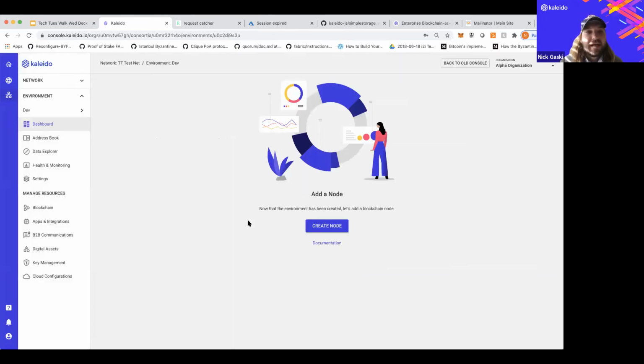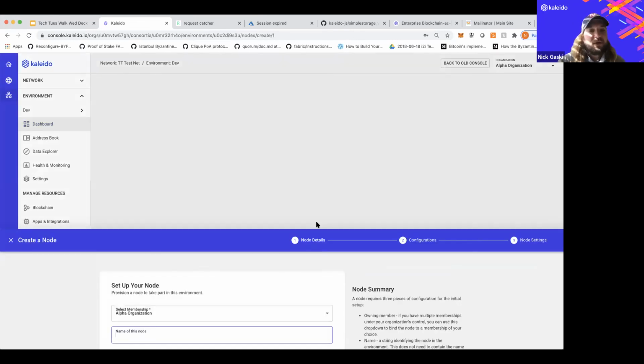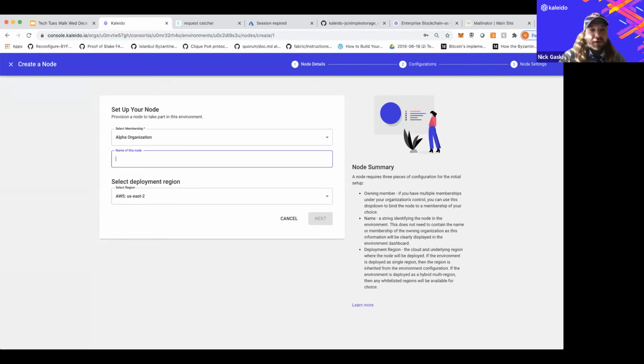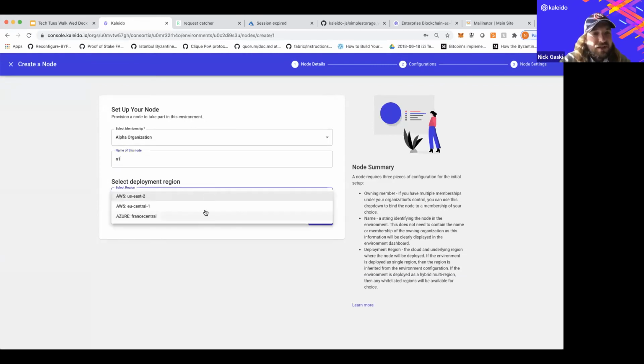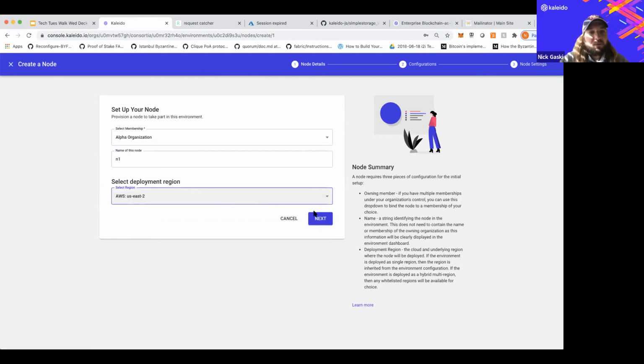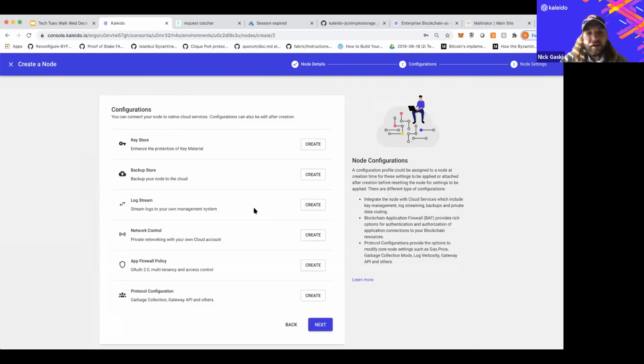Okay, so here's my namespace for my environment. Again, everything I'm doing has a REST API behind it. And now we can just go ahead and bring it to life. We can create some nodes. So I have a couple memberships. I'll create this one called node 1. We see I can put it wherever I want, any of those whitelisted clouds and regions. We'll put one in AWS, and maybe we'll put one in Azure.